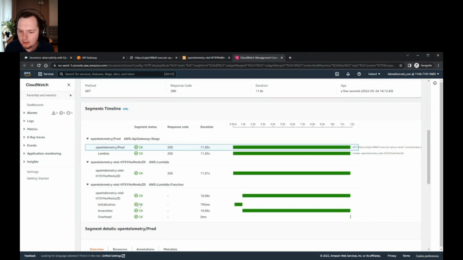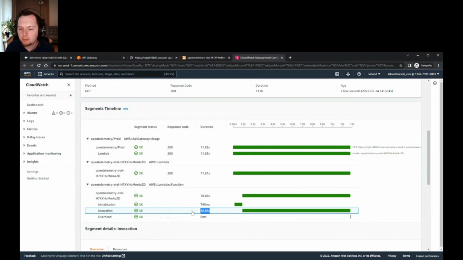And most of the time here is spent in my Lambda function during the invocation. Well, that's what I was expecting. So the initialization took like 700, 800 milliseconds, but 10 seconds for invocation. But it doesn't say exactly what happens during the invocation.